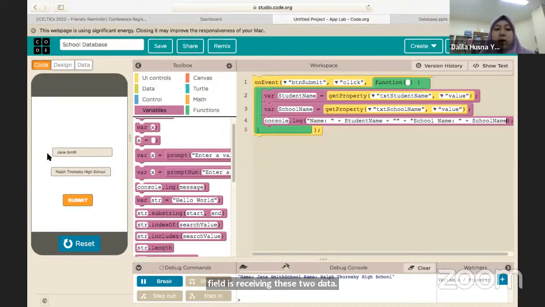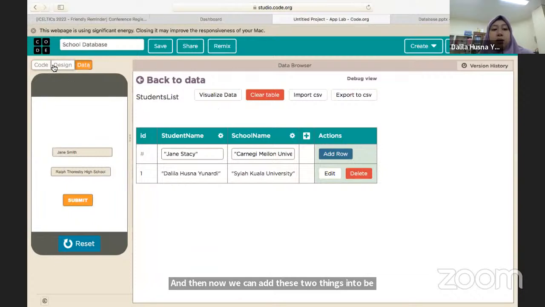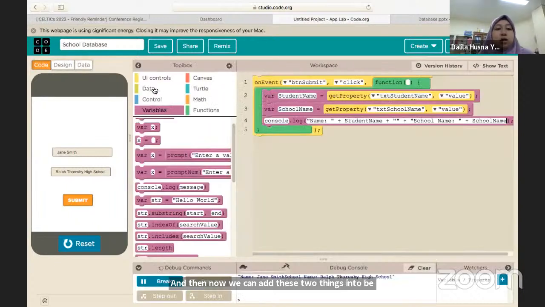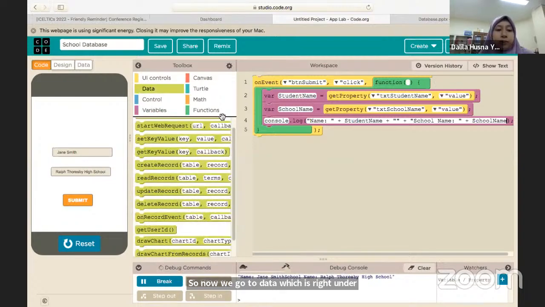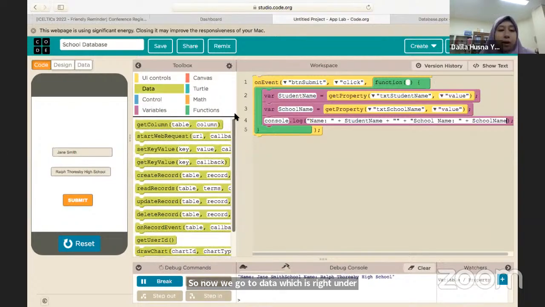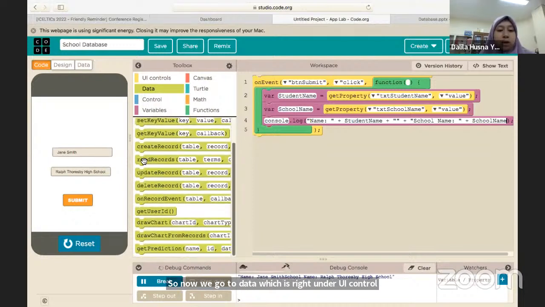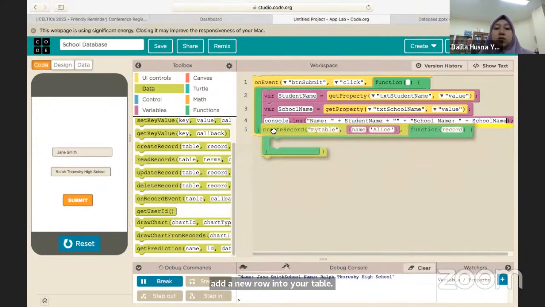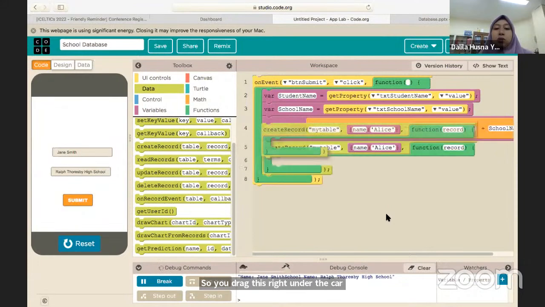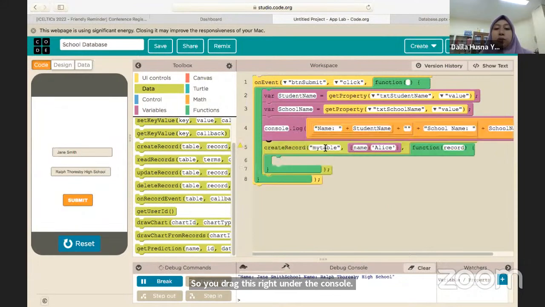So now we know the text input field is receiving these two pieces of data. And now we can add these two things into the table right here. So now we go to data, which is right under UI control. And then if you scroll down, we have create record. This function will allow you to add a new record, or a new row, into your table. So you drag this right under the console. So you have to remember